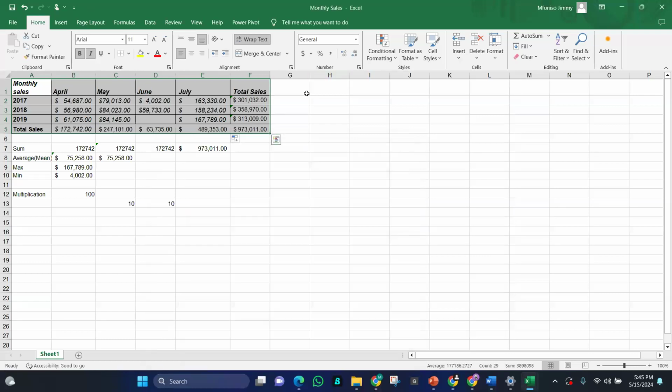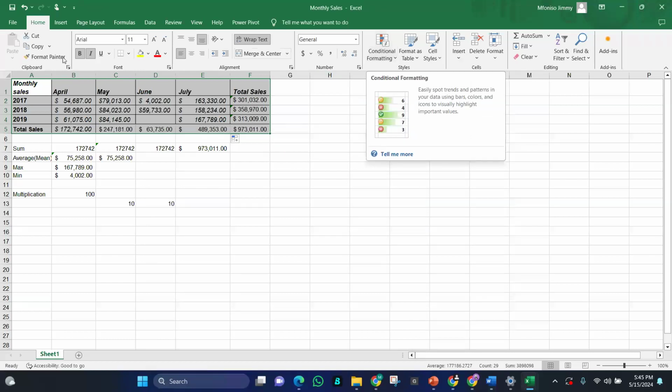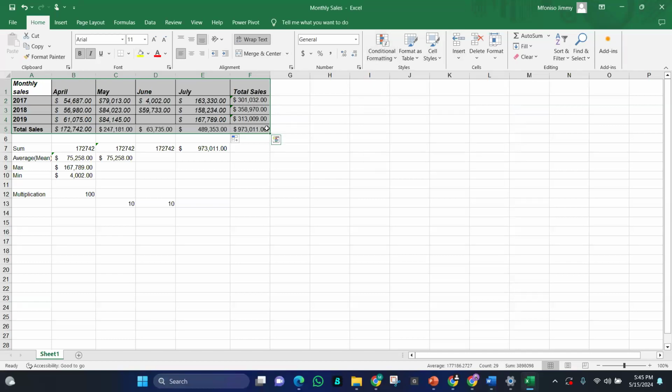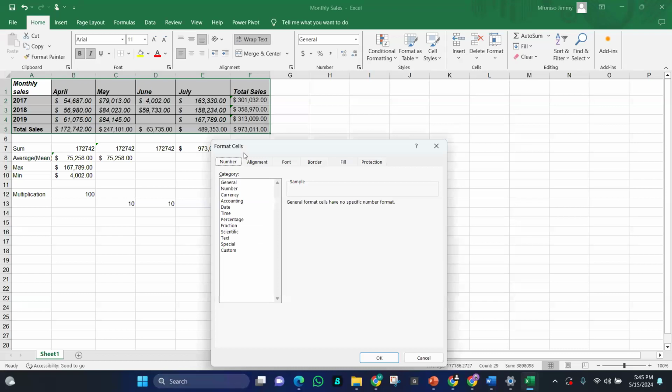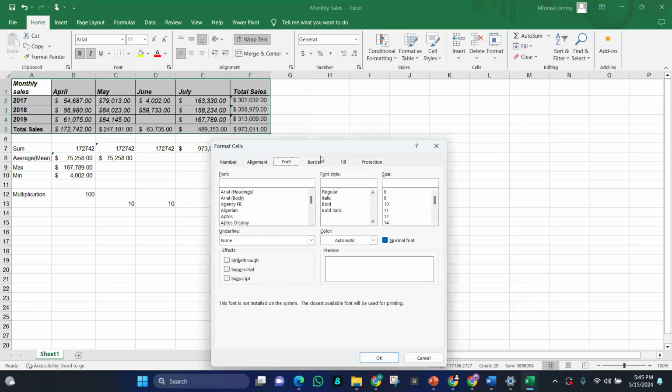The shortcut is to simply go to the Home tab on your Excel, then go to conditional formatting. Or the long method, which is a bit complicated and really takes time for beginners, is to right click after selection, then go to format cells and format it the way you want, either your font, your border, your fill, and all of those.